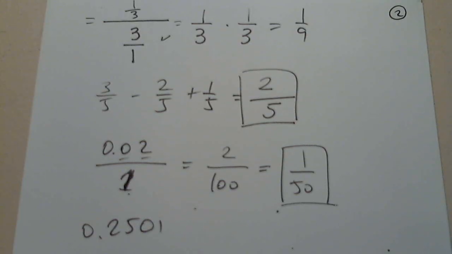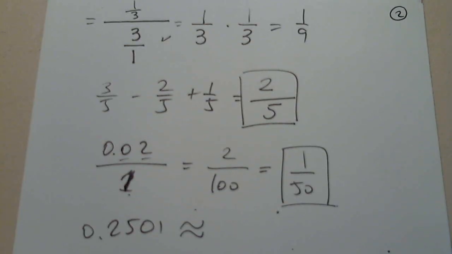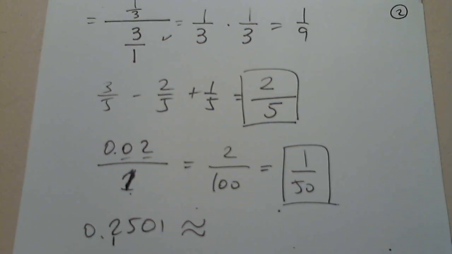To the nearest tenth. So this will be approximately, nearest tenth is this digit. The first number will be approximated to